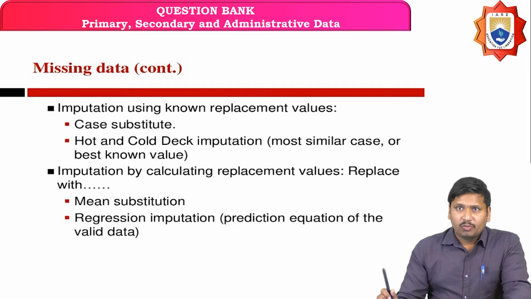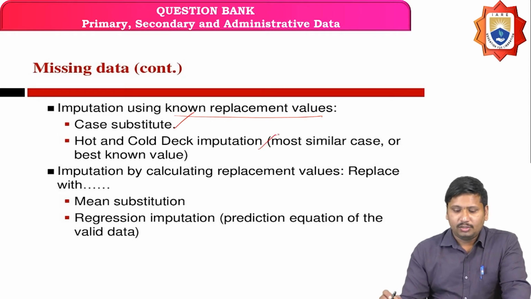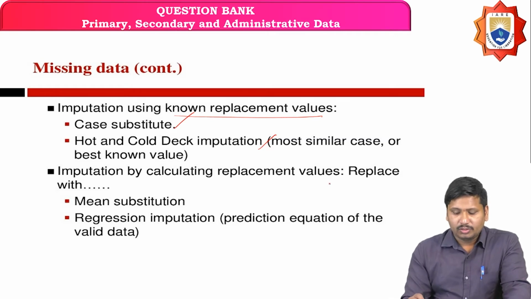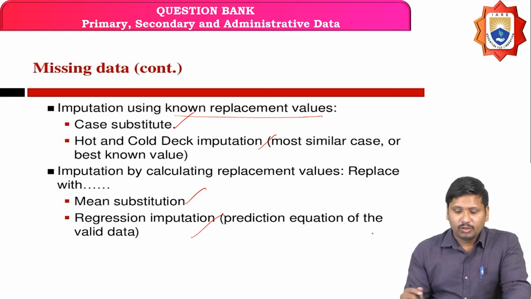So imputation is the one where you can use replacement values, like hot and cold deck imputation. These are some of the replacement values, what we call imputation. Imputation by calculating the replacement values, like mean substitution and regression imputation. Based on the calculations, if you want to do that, then you have to go for mean substitution and